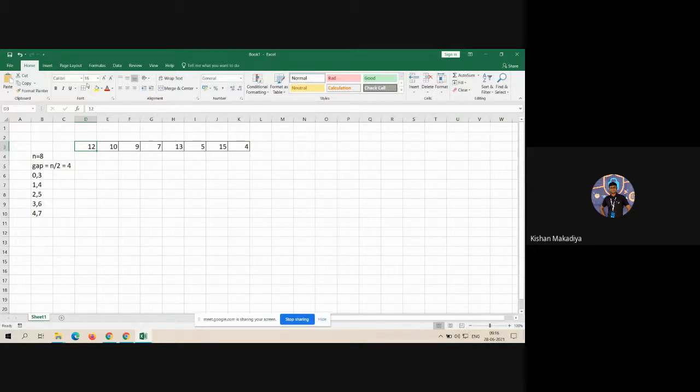So first comparison: these two numbers, after swapping, you will get 7 here and 12 here. The remaining numbers are as they are, no change. Next comparison, 10 and 13, as it is. Then next, 9 and 5, swapping required, so here it will be 5 and here 9.